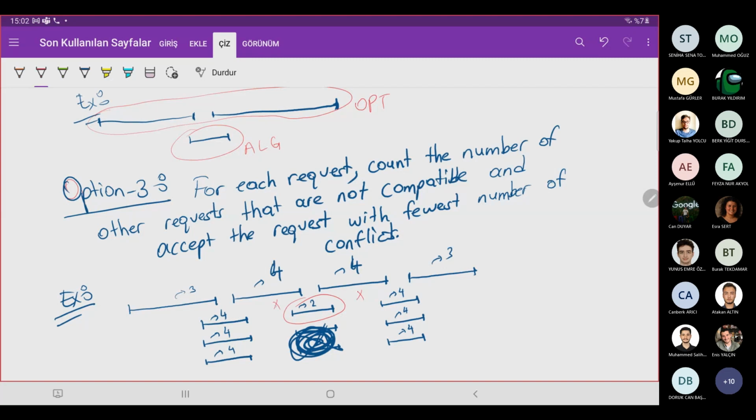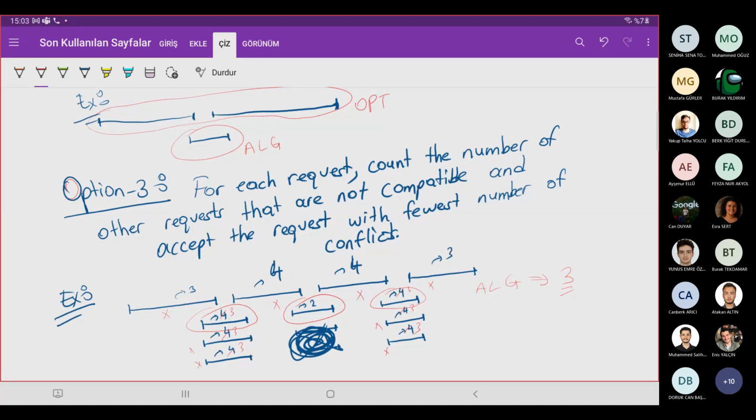Because this is eliminated, now this is updated as 3, 3, and 3. And because this is eliminated, this is updated as 3, 3, and 3. So now I could have selected any one of these 3, but let's say I select them randomly, it might give me, so I select this one. Once I select this one, I don't have this, and I don't have the others. Okay. And here, let's say that I select this one in my algorithm. So I don't have this, this, or that. So my algorithm gives me 3. Okay. It gives me 3 requests.